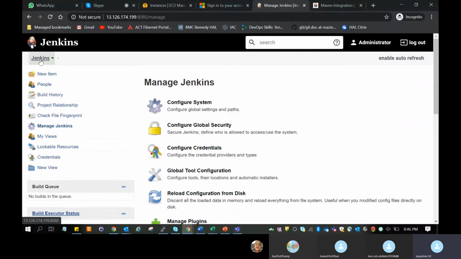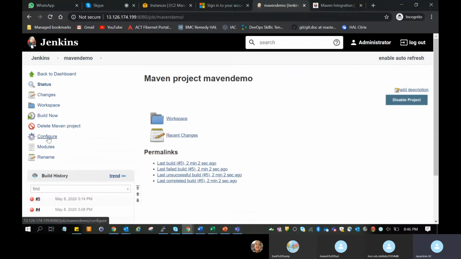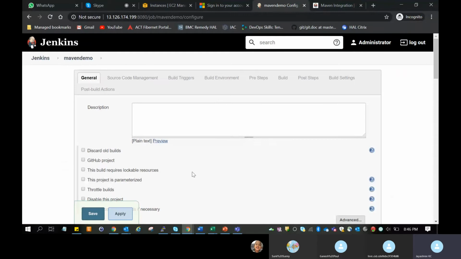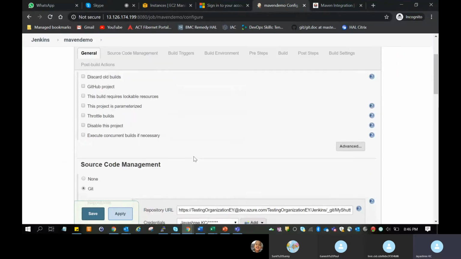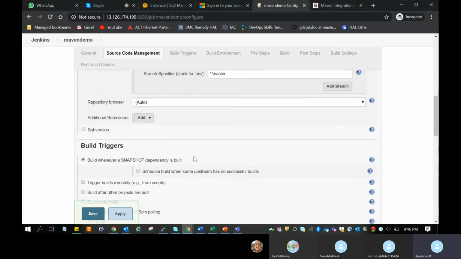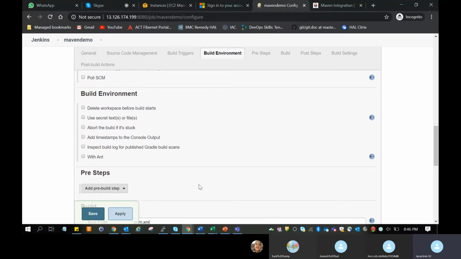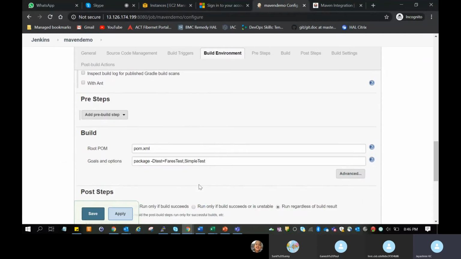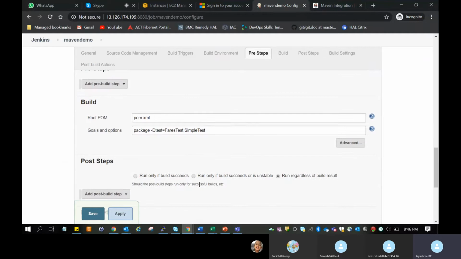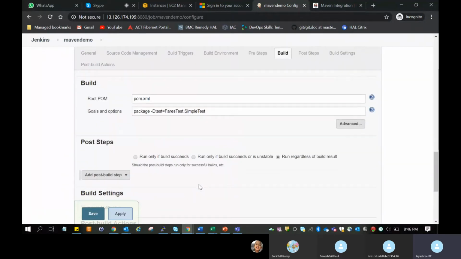Go to Jenkins. Demo, configure. Come down. Come down. No, that's fine. Wait, at the goals and options.